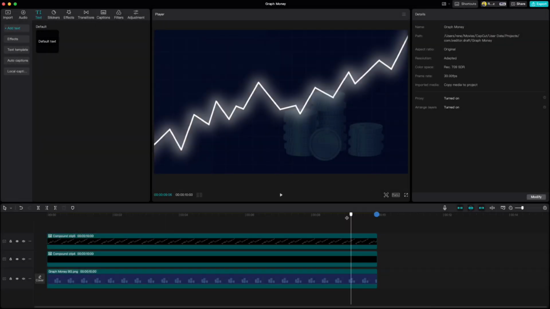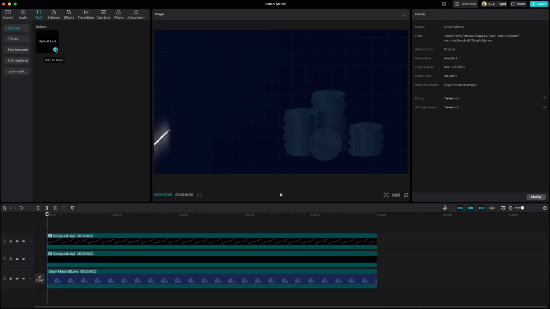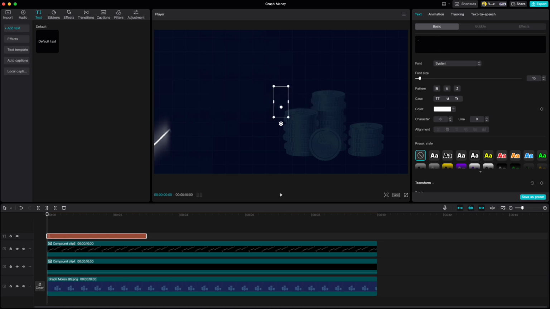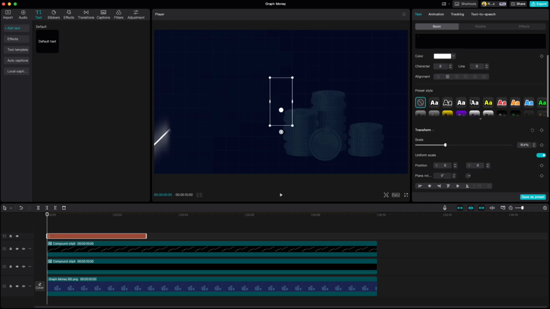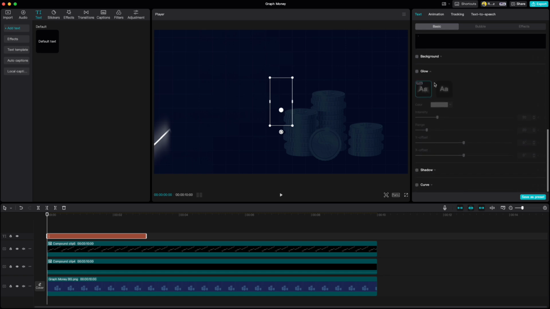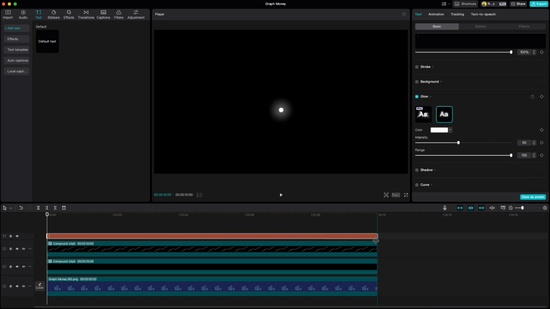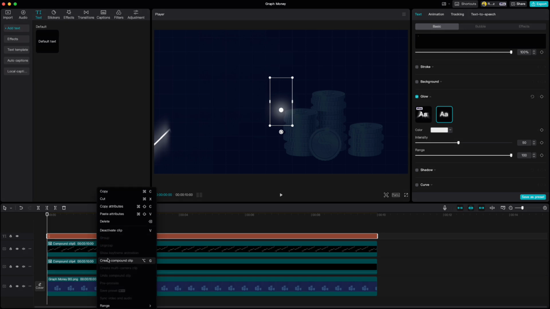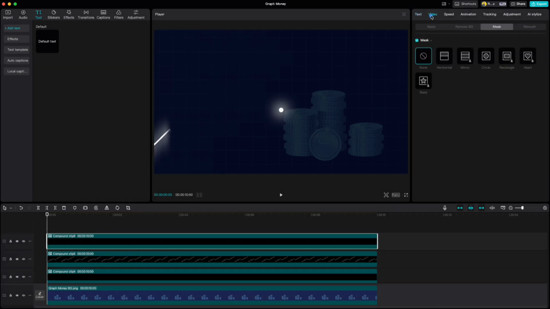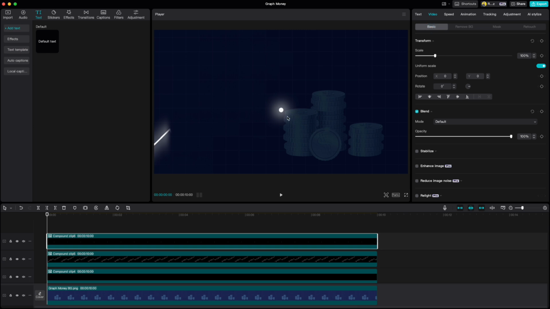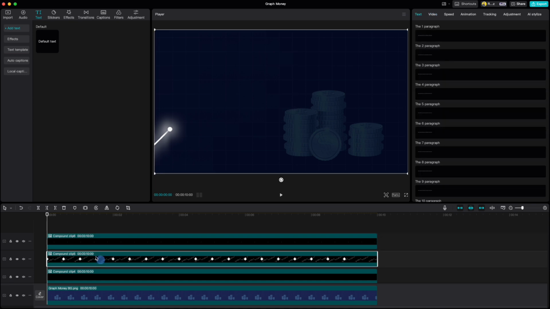When you're done, go to the beginning, add text and write just dot. Increase it, scroll down, click on glow, choose the right one and set it to your likings. Extend it to the end and create a compound clip. Go to Video, Basic, drag the point to this first peak and click keyframe on Transform. Click on Lower Compound Clip, move playhead to this second keyframe,